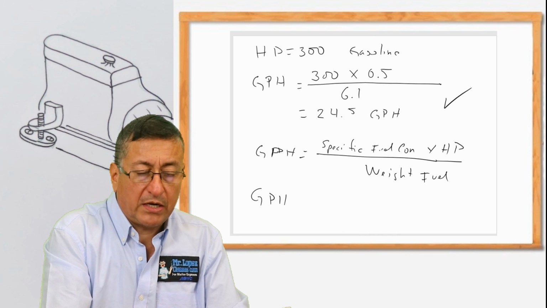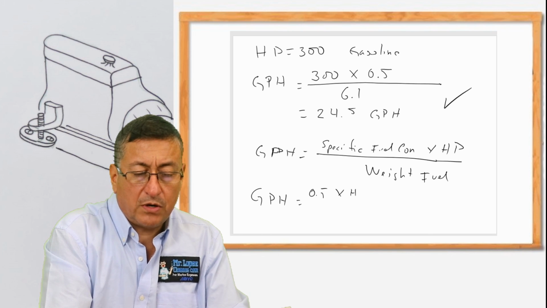The gallons per hour for gasoline is 0.5 times the horsepower divided by the weight, 6.1 for gasoline,